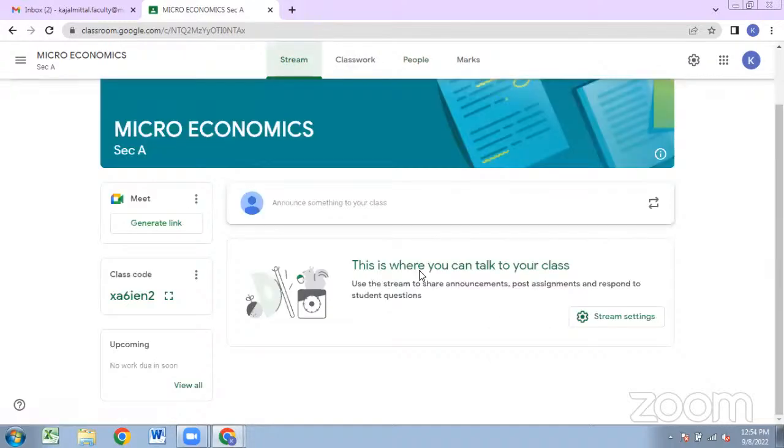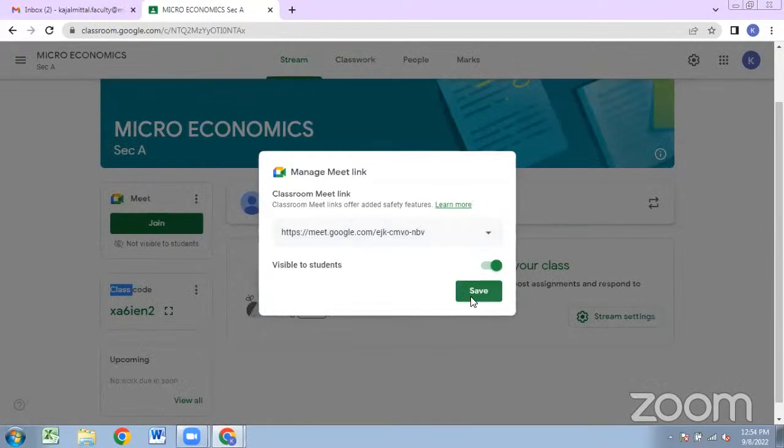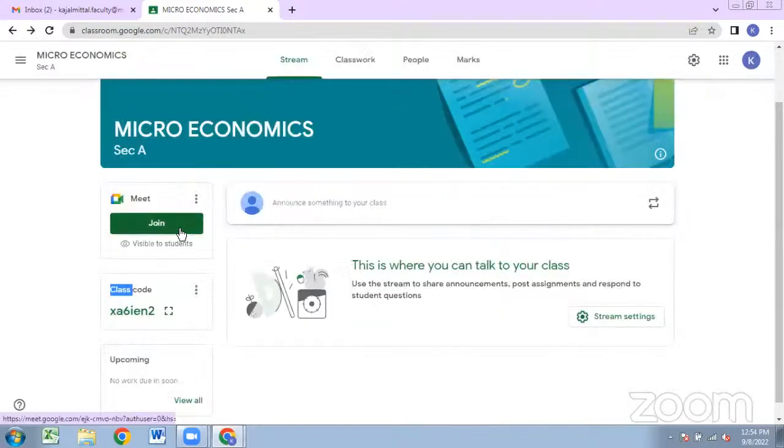Another option that is visible on this stream tab is the Google Meet link. So this is showing generate link. Let's suppose I am generating a class link. So save, this Google Meet class link is generated, and it is showing it is visible to students and notification is on, and click on save. Now what is the benefit of this? As and when a student logs into the Google Classroom, he or she will have a Google Meet link to